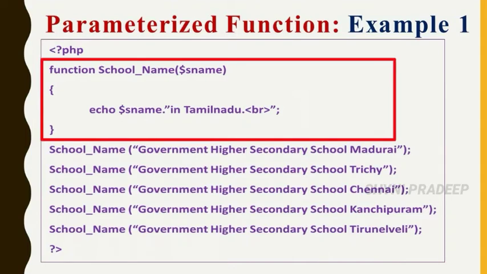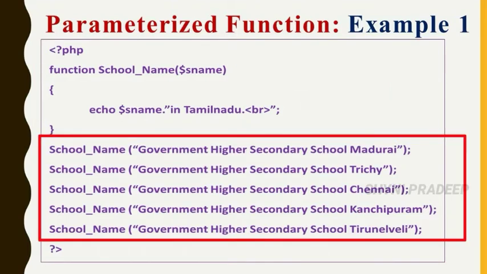Okay. So this is the function declaration part. See the function call part. Function call part means what? You have to write first the school name. School name is the function name, and next write the parenthesis and next write the semicolon. So here within the parenthesis you have to write the argument for that name parameter.